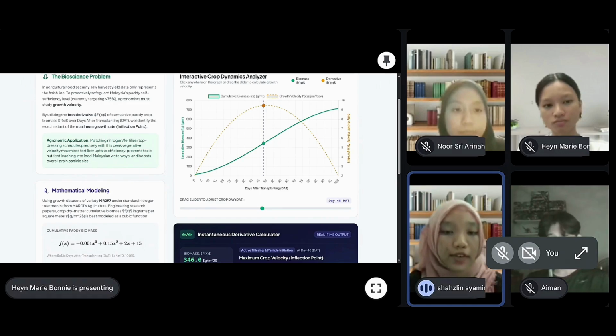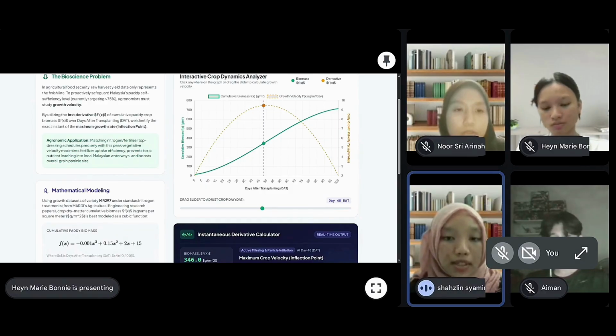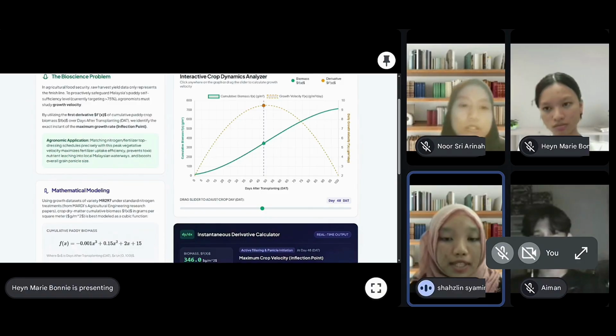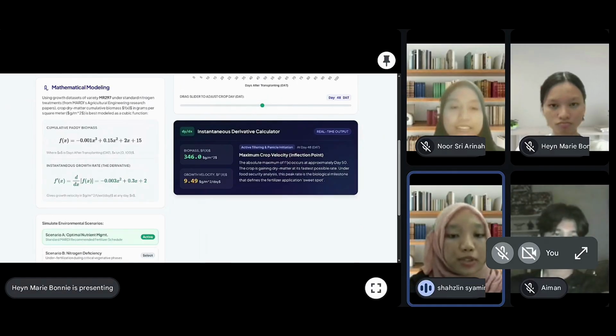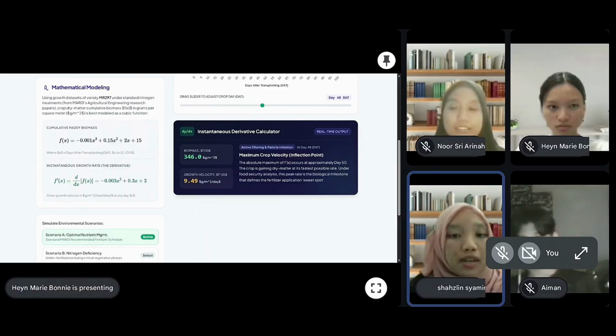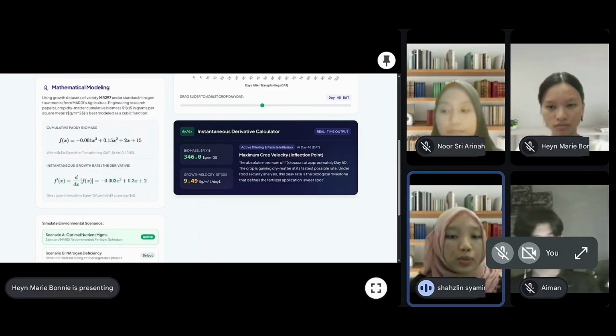This directly prevents toxic nutrient leaching into local Malaysian waterways and significantly boosts overall grain panicle size, directly impacting our national food security. To simulate this, my web app uses a cubic growth model based on standard nitrogen treatment datasets